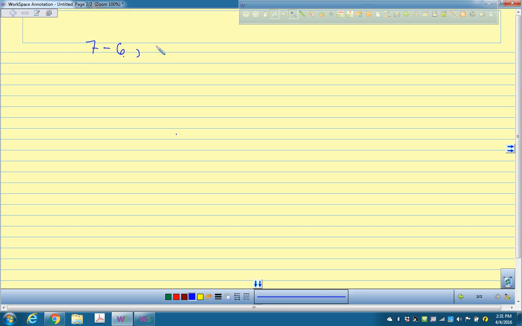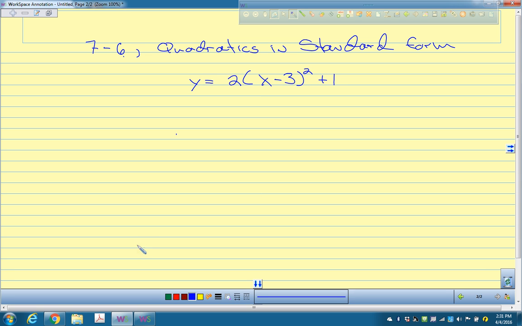7-6, and this is called quadratics in standard form. Okay, so you could take a parabola like we just had on the board, like that one right there. But let's not do that one. Let's do one like y equals 2(x minus 3) squared plus 1. And this is in